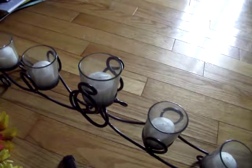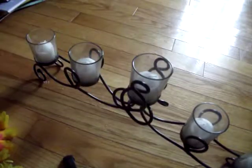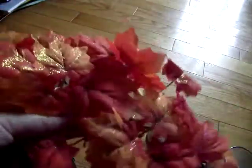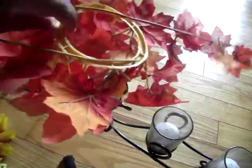Hey everybody, I'm going to show you how to make a fall centerpiece for your table. I bought this at my local dollar store and I'm going to do it up. I'm going to show you. And I bought one of these. It is originally meant for doing like a candle centerpiece, but I'm going to put it right over the center